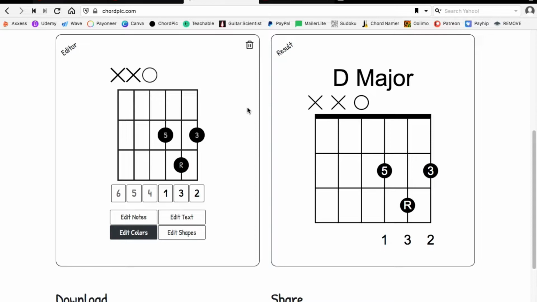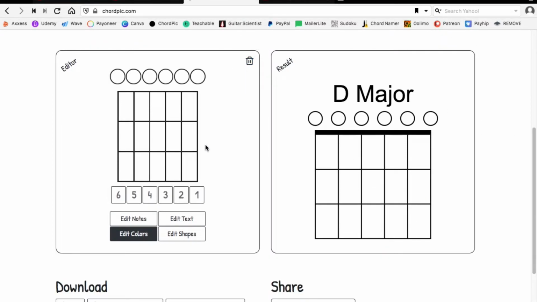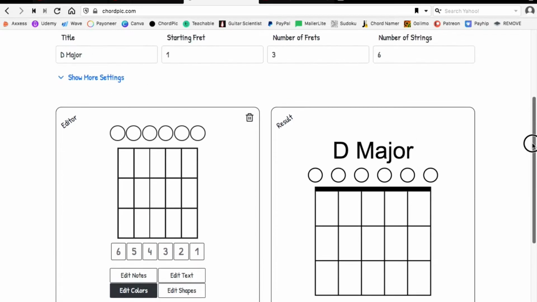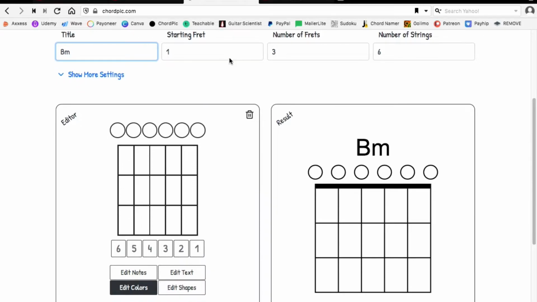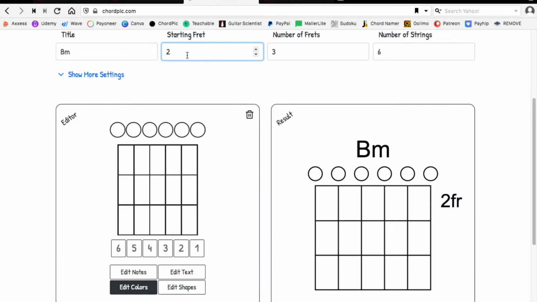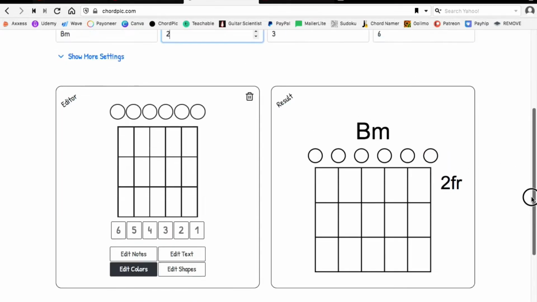So let's say we want to do a different chord diagram now, and we want to get rid of this one. What we do is we click on this trash can, and we can reset the chord diagram like that. So let's say we want to make a B minor chord now. So we're just going to type in the name, and I'm going to want to start on the 2nd fret now. So I'm going to just click that up to 2, and you can see the 2nd fret appearing there. And for now I'll keep 3 frets because that's fine, and then I can enter in my chord diagram over here,